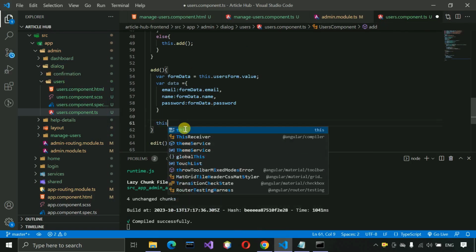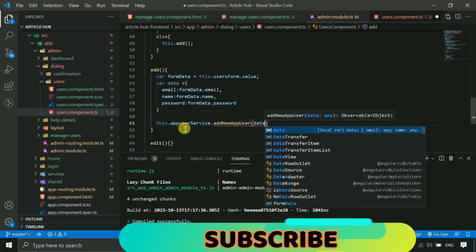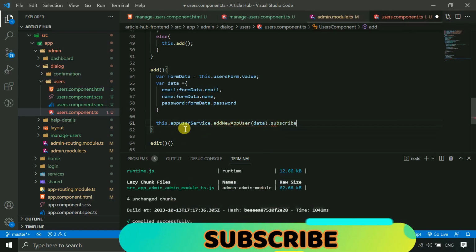Now we have to write this.appUserServices.addNewUser, and data we are going to pass, then subscribe,